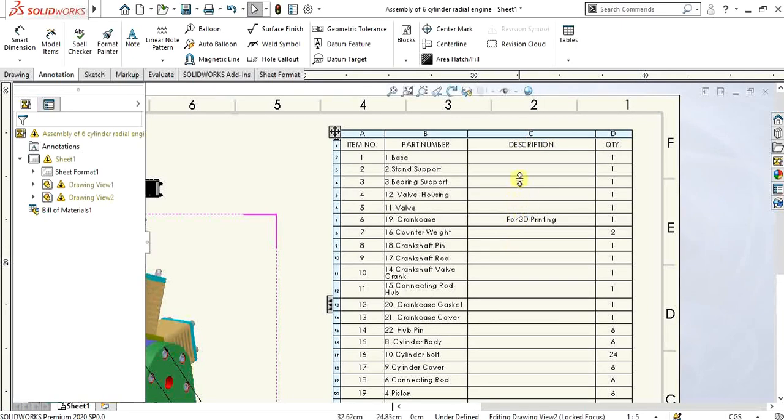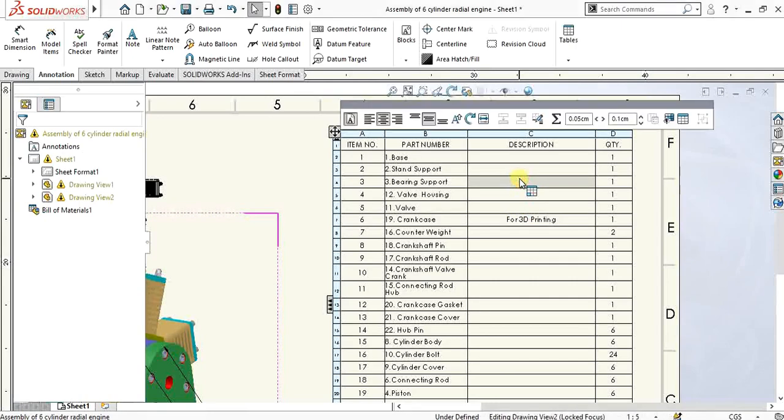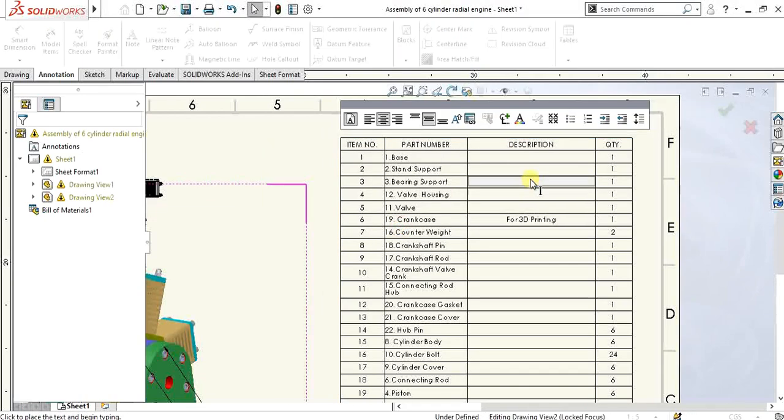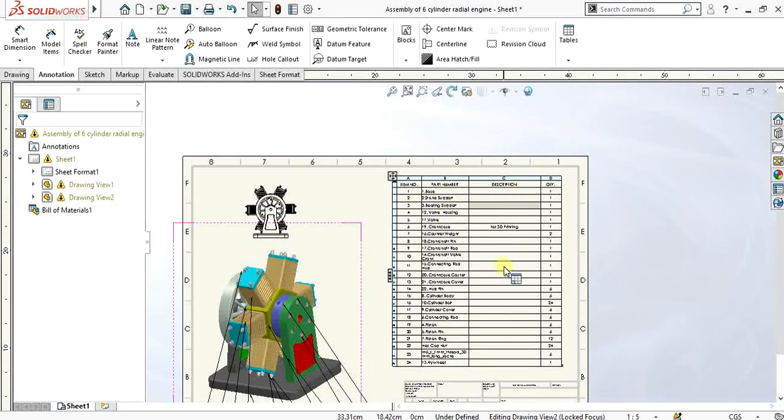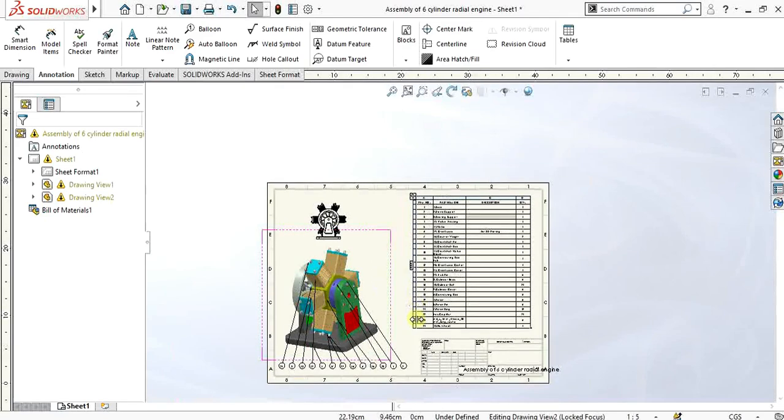Like if you want to make the tolerance or some other description, you can just double click on this table and table cell, and you can give the description, like I am going to leave it for 3D printing or metal printing, like this. You can easily explain every feature in this table.